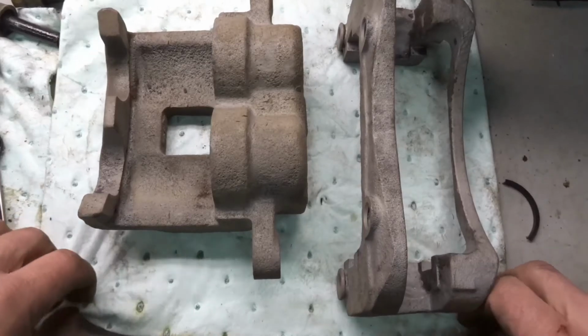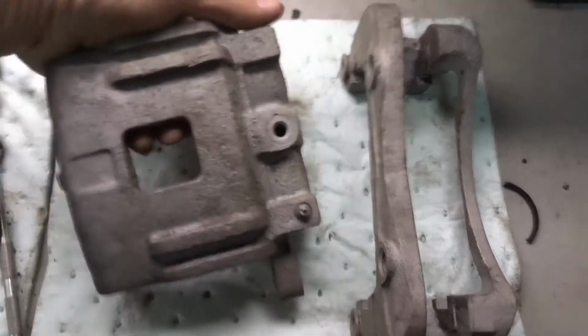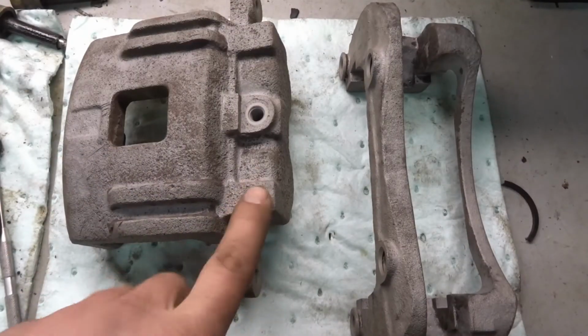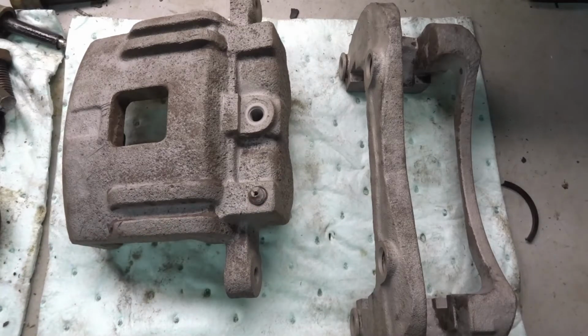Okay, so we got the parts all cleaned up here. What we're going to do now is we're going to go ahead and get this set up in the mill, and we're going to go ahead and drill this guy out, and hopefully we can get the threads out of it. I'll try to use a left-hand drill if I have the right size here. If not, we'll just drill it until the threads, we can maybe try to curl them out. So let's get this set up, and